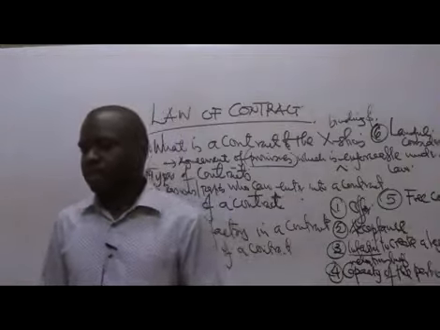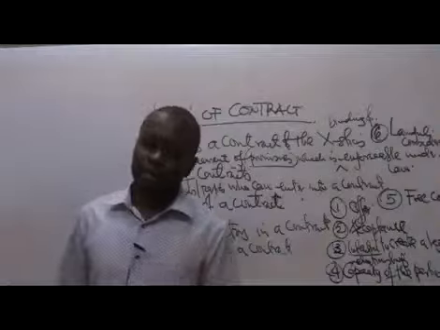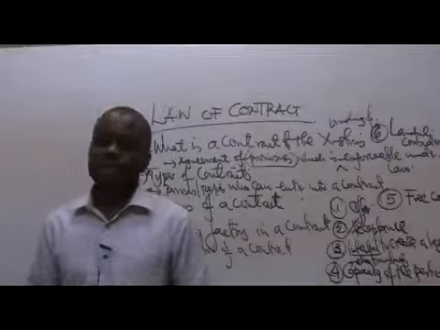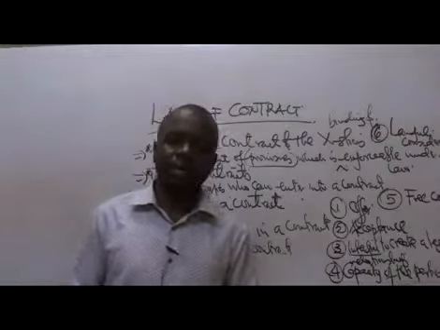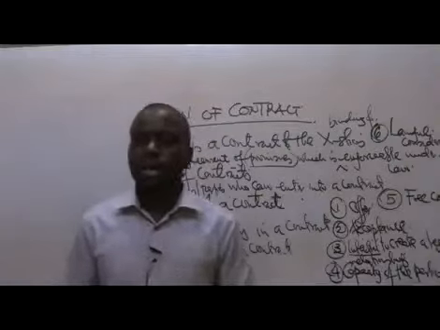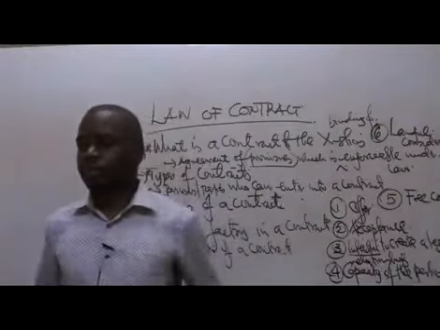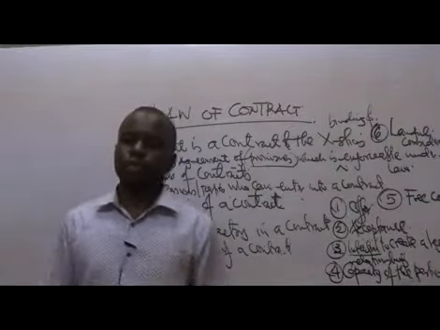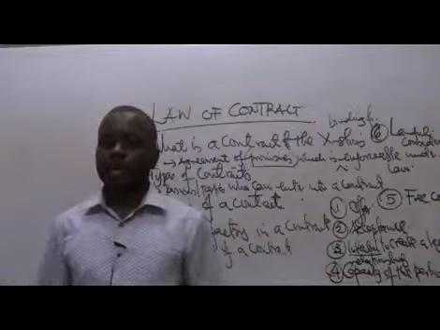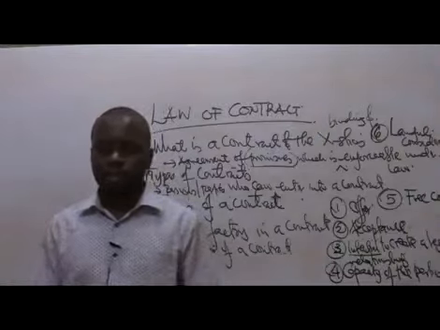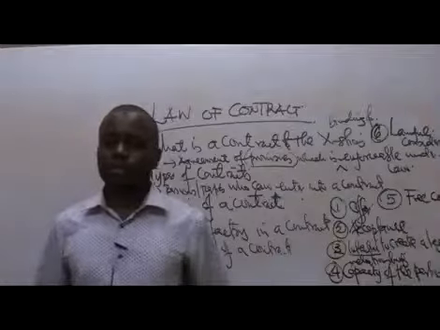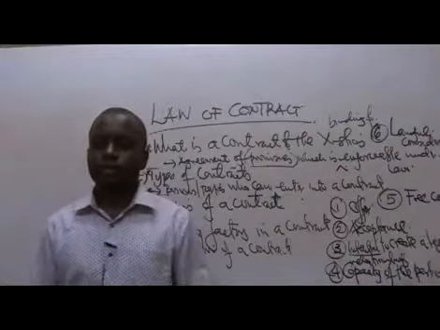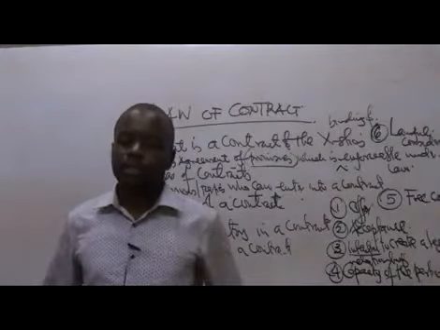You might be entering into a contract or an agreement, yet the other party is a person of unsound mind, or maybe insane. His thinking capacity is not proper, so you are likely to manipulate that person because his thinking capacity is not okay. So it has to be looked at. Does this other party have the capacity to enter into a contract? Is he a person of unsound mind? Is he a person who has not attained the age of 18 years, or has he attained the age of 18 years?